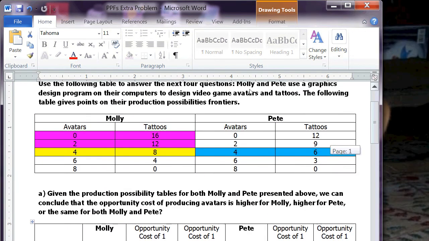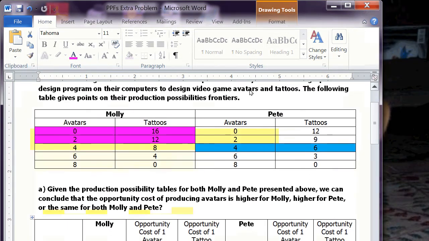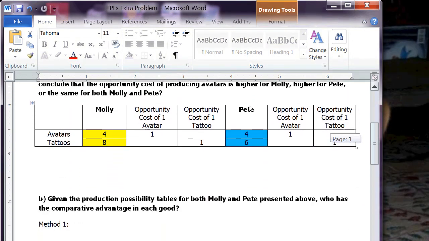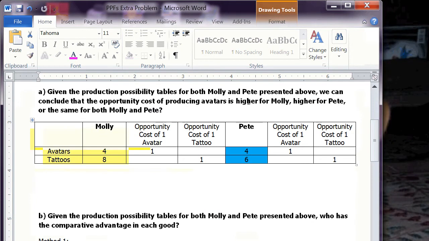So the yellow and blue, you see I have just picked two random relationships between avatars and tattoos for both Molly and Pete. The yellow is for Molly, the blue is for Pete. I picked 4. When Molly produces 4 avatars, she can produce 8 tattoos, and when Pete produces 4 avatars, he can only produce 6 tattoos. So I've put those in a new table down here,